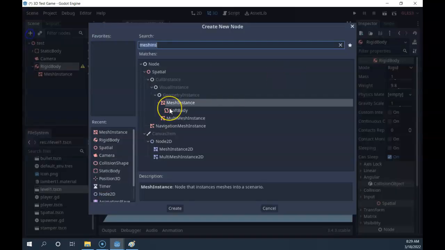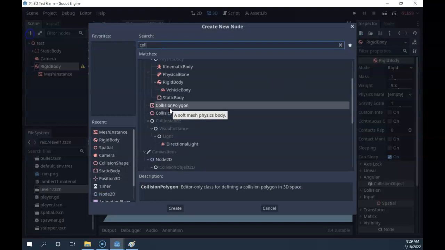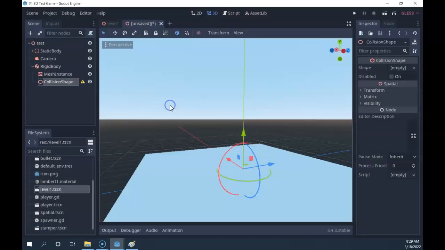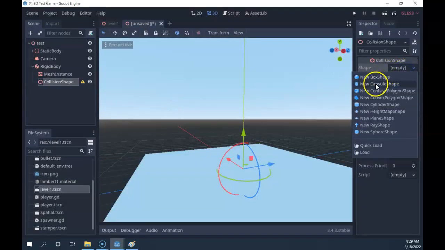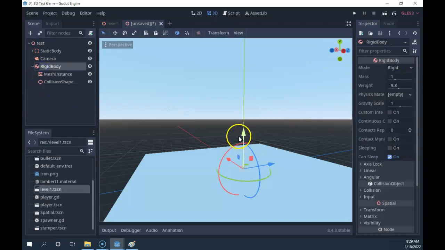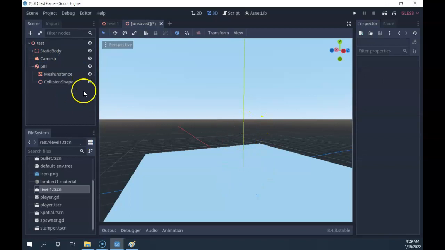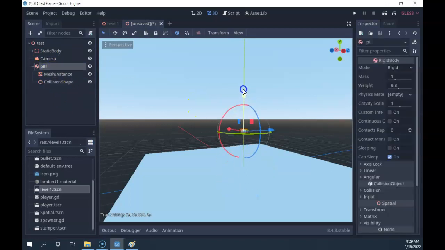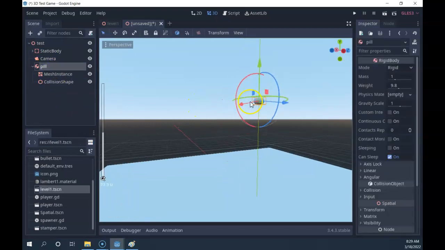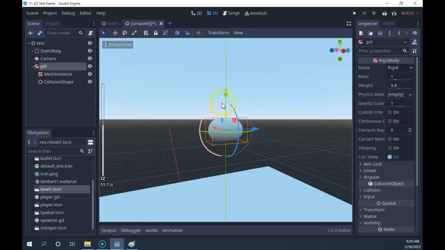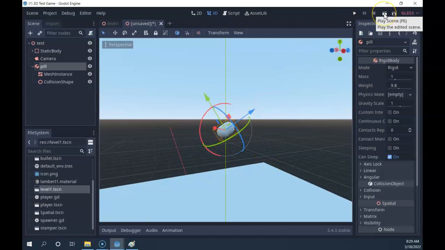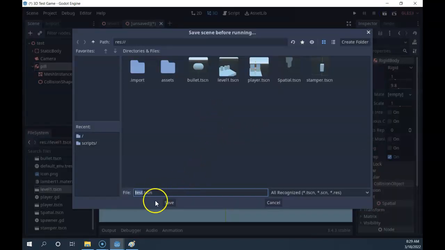And to that, of course, we need a collision shape, also a capsule. And I'm just going to call this guy pill here. And if I bring the pill up here, you can see there it is. Maybe if I rotate it a little bit, when it falls, something fun will happen. So if I play my scene,